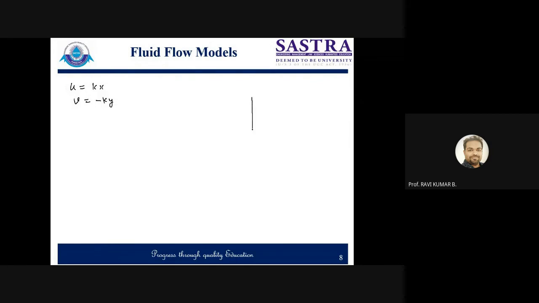So just draw two perpendicular coordinate axes, like this. I can say this is positive x, and this direction is positive y. This direction we are going is negative x, and this direction we are traveling with is the minus y axis, like that. This is the origin point. If x is 0 and y is 0, then you are here. So the origin can be considered as your stagnation point. A stagnation point is usually defined as a point at which velocity is 0.